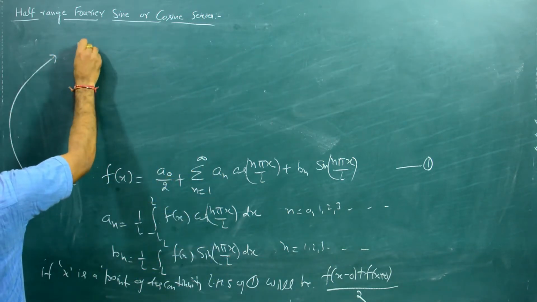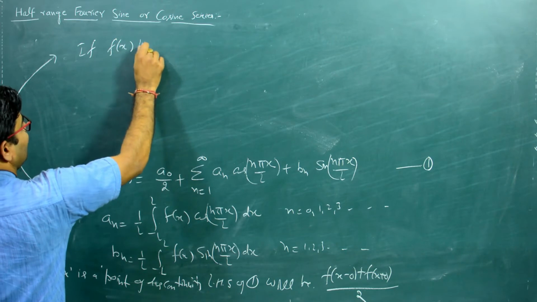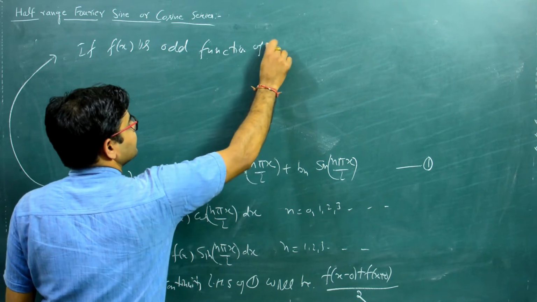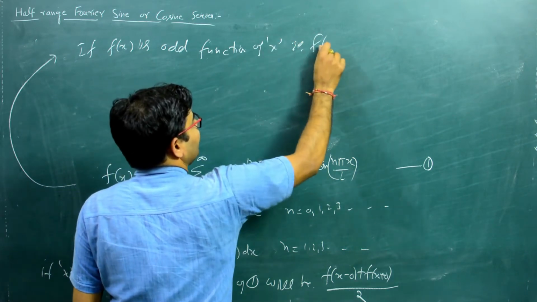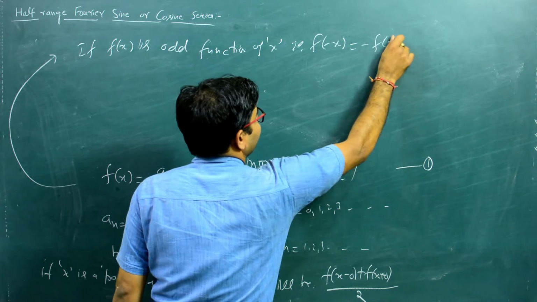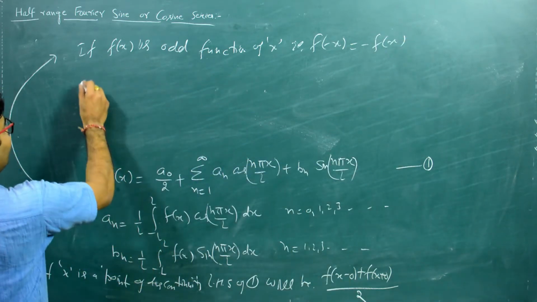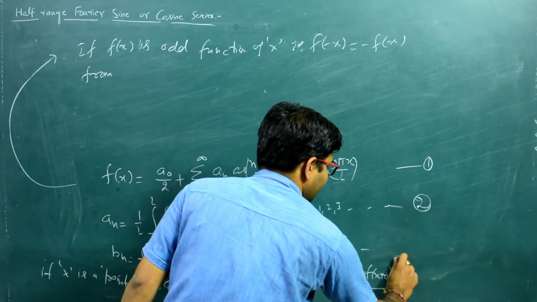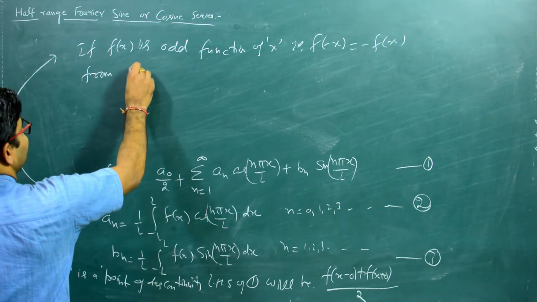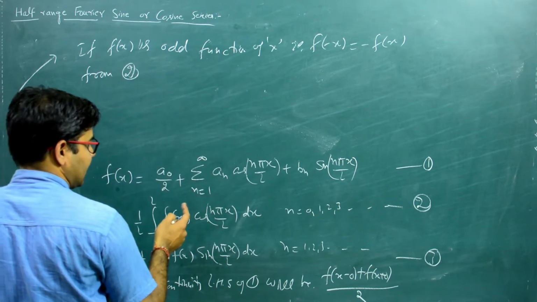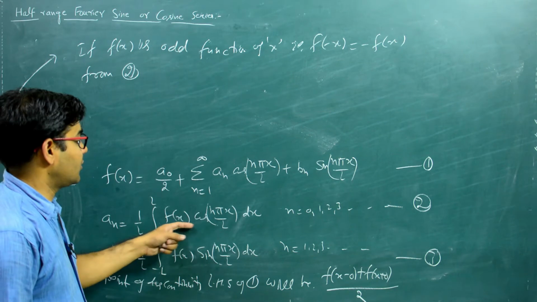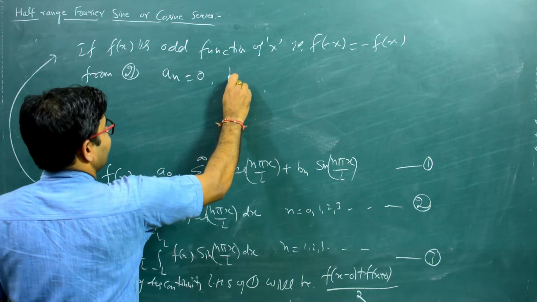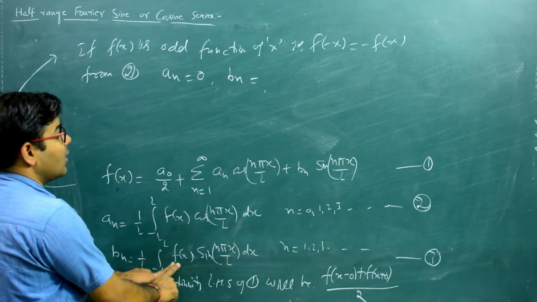From here, if f(x) is an odd function of x, that is f(-x) is the same as -f(x). So let me give a number 2 and this is number 3. From 2 we see, as I have just explained, that if f(x) is an odd function, the product of these two will be an odd function. So an will be 0 and bn will be equal to,